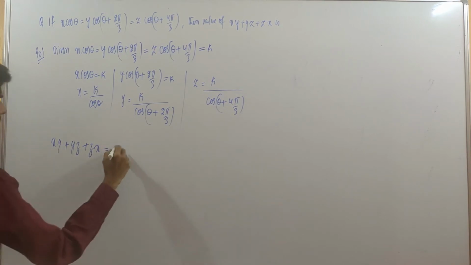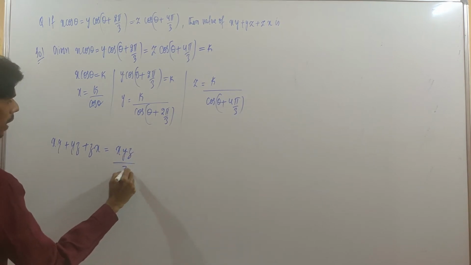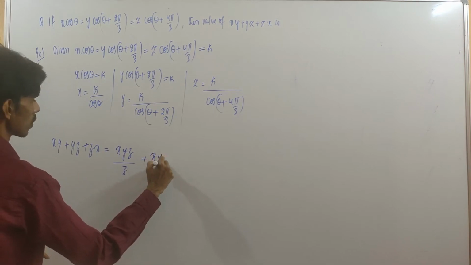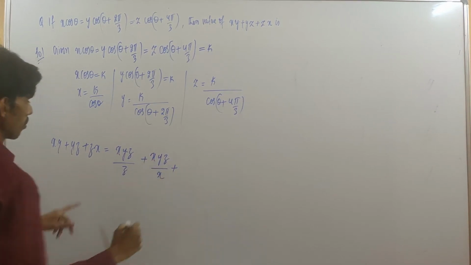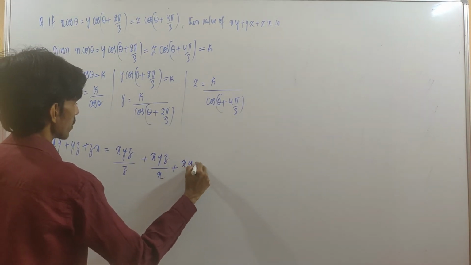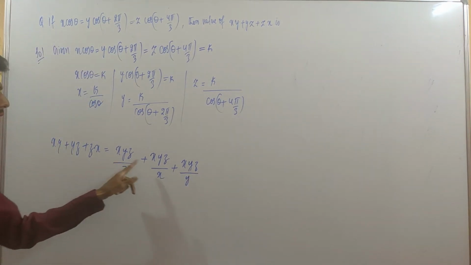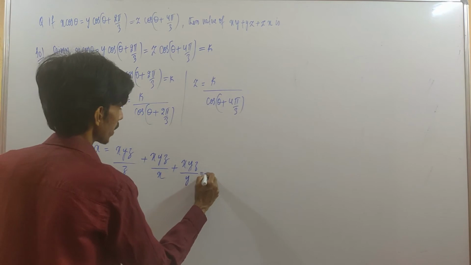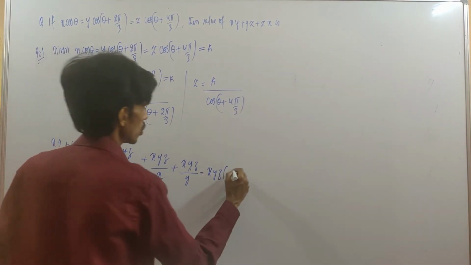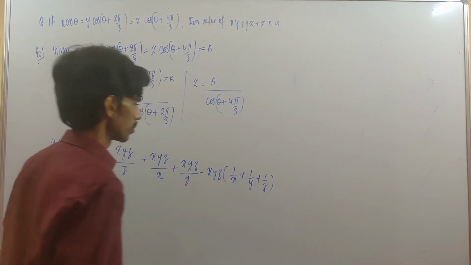Now we have xy here. We don't have z, so multiply by z, divide by z. Plus we have yz here. Multiply by x, divide by x. Plus here xy is missing, so write down xyz. xy is not there, so put y here. In the numerator we have xyz common, so take it out. We have 1 by x, 1 by y, 1 by z. So it will become xyz times (1 by x plus 1 by y plus 1 by z).